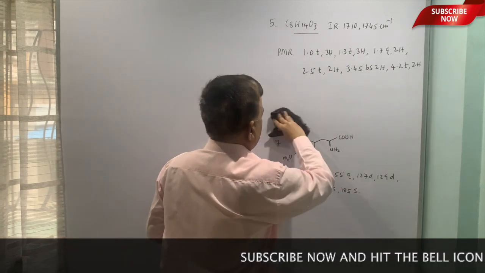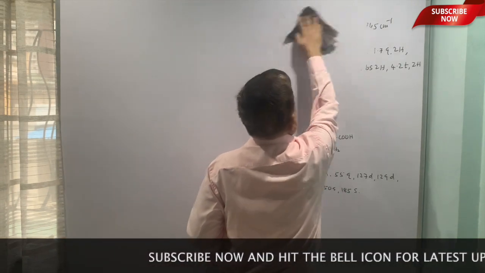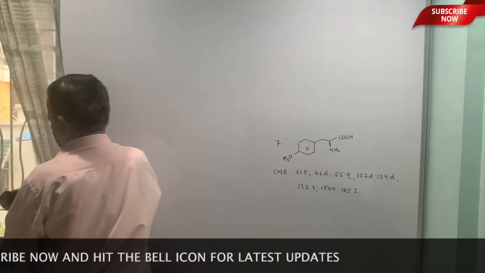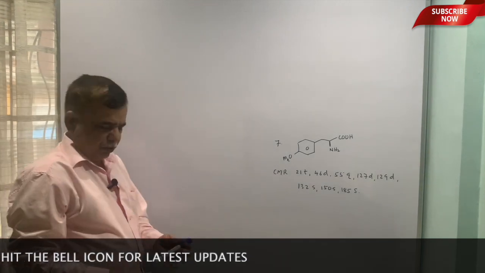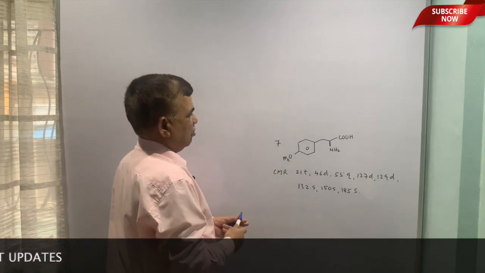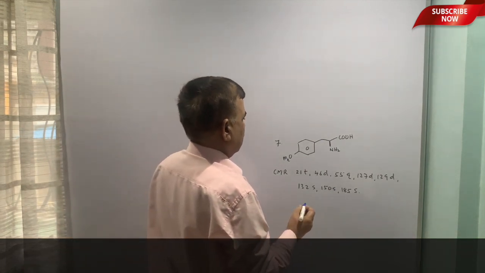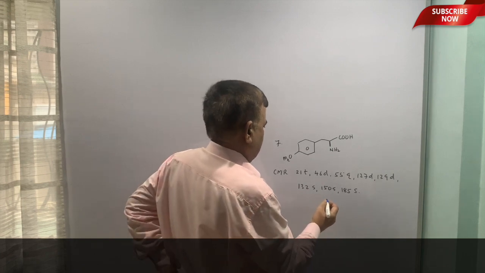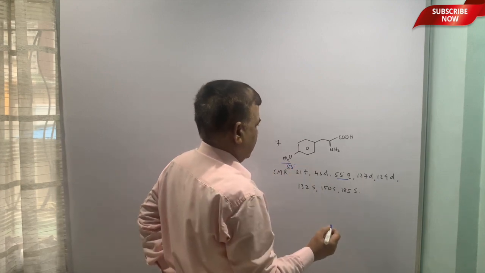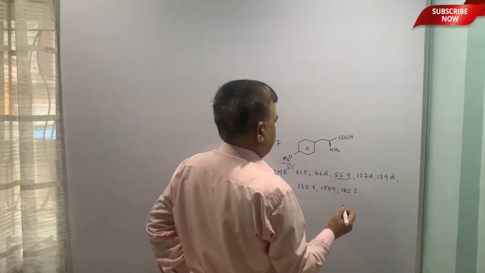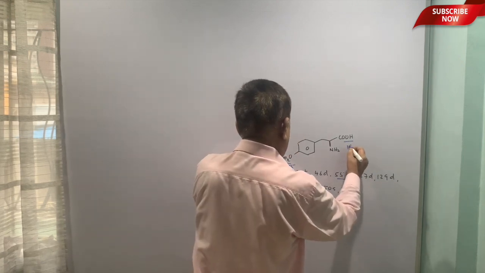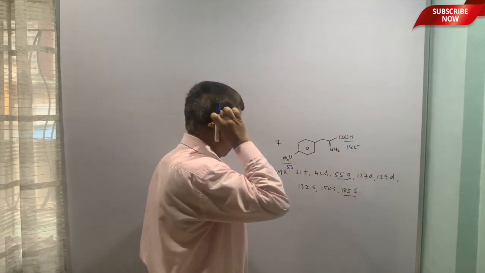One more example. Now this is for the assignment of carbon, where the structure is given and spectral data is given, and you are supposed to assign the signals. So 55 quartet is OCH3, that goes without any problem. 185 is this carbonyl, which is quaternary, hence singlet.